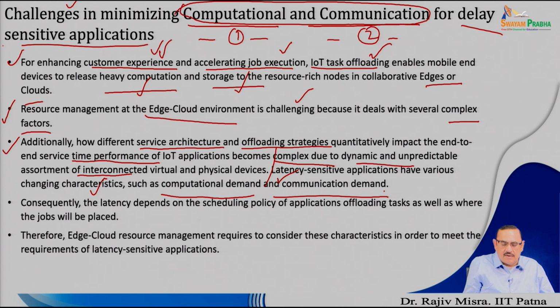So, this particular environment must achieve the latency sensitive application requirements, and this is the point of challenge which we are going to cover in this part of the lecture. Consequently, the latency often depends on the scheduling policy of the application offloading tasks, as well as where the jobs are to be placed. Where means we are now seeing this kind of model,